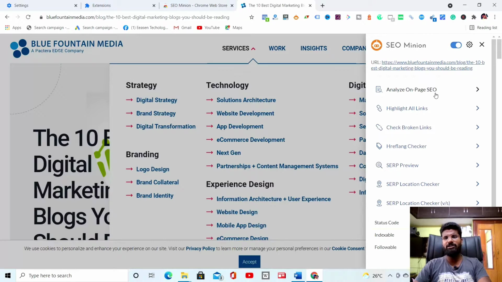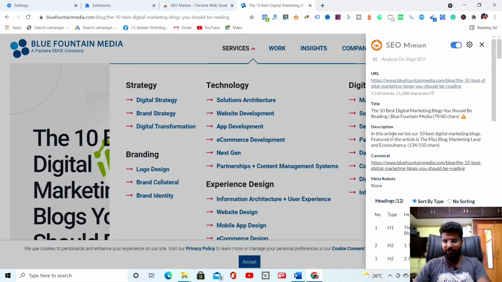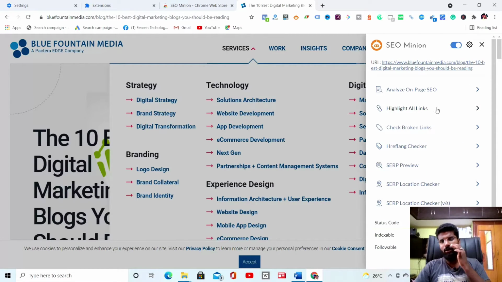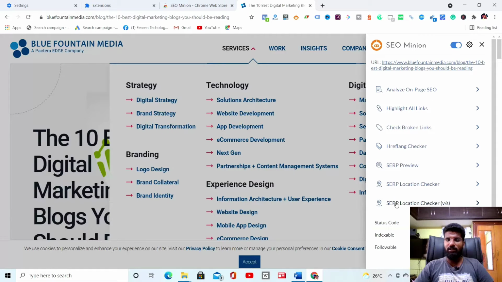It will show on-page SEO things like title, description, canonical, etc. It will show all the links available in the website, and also the broken links, the hreflang checker and SERP preview, title, descriptions, URL and snippets. It also shows the SERP location checker, where our page is available in the SERP. That's it for SEO Minion.